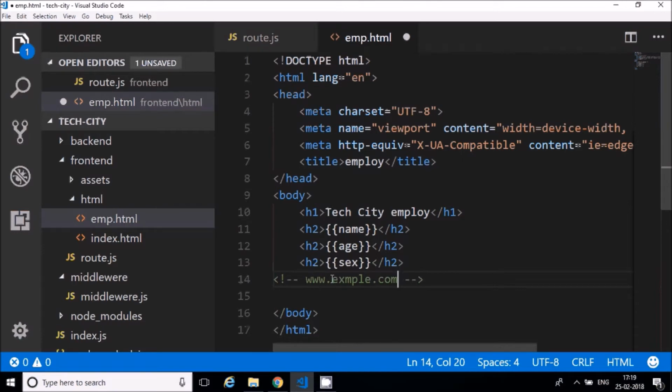Now I have written www.example.com. After that, to pass query strings, we can call, for example, emp, and put a question mark here. Then you pass a query string like name, and you can put a name, Rajiv Patil, in capitals, and I should not leave any spaces here. Then age equal to 34 and sex equal to